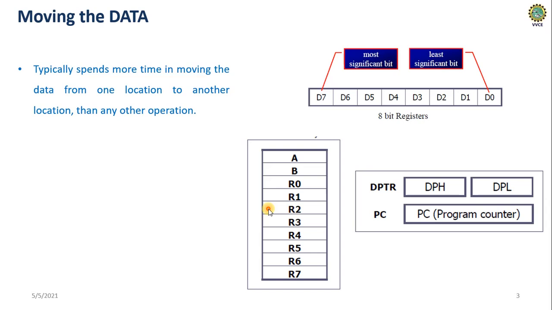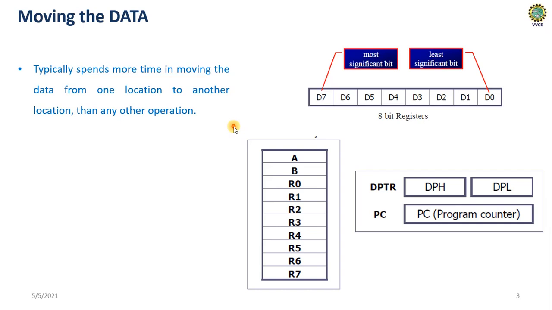So most of the operations that happen, you take data from some location and it will be moved to some other location. In between that you may perform some operations like add, subtract, move or divide. Inside the CPU it may happen, but even though in those operations, in most of the applications you are moving the data from one location to other locations only. That's why most of the instructions designed for 8051 deal with moving the data from one location to another location. Fine.